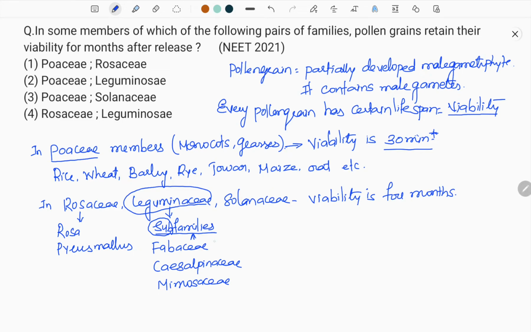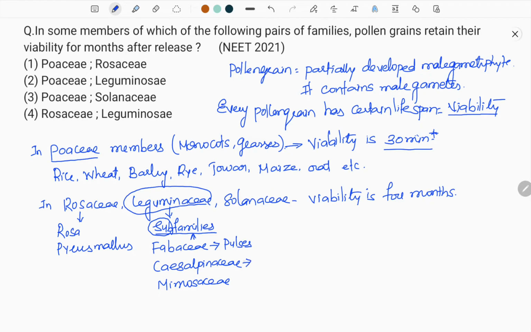Under Fabaceae, earlier we called it Papilionoidae or Papilionaceae. We know that all pulses or grams, dals come under the Fabaceae, like Tuvar dal, Urad dal, Moong dal. All the dals and pulses come under Fabaceae, including groundnut, Pisum sativum, Dolichos lablab, and many more plants that come under Fabaceae.